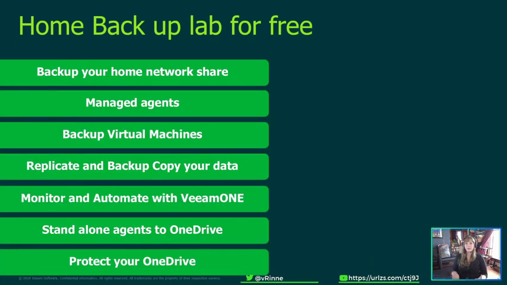The lab that we're going to be looking at is going to be backing up network shares, managed agents, virtual machines, and then we're going to backup copy that data, and then replicate that data, and then we can show you how in VeeamONE you can set up alarms and remediations to be able to do some automation. And then, of course, we're going to take a look at a standalone agent backing up to OneDrive, and then how you can use Veeam Backup for Microsoft Office 365 to make an additional copy of that data back on